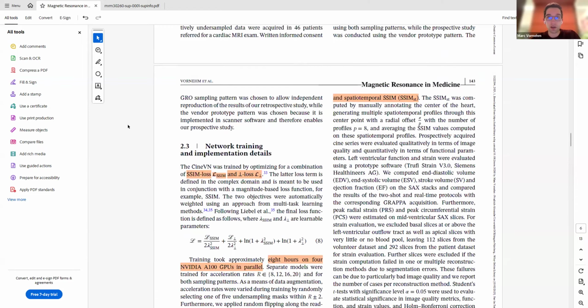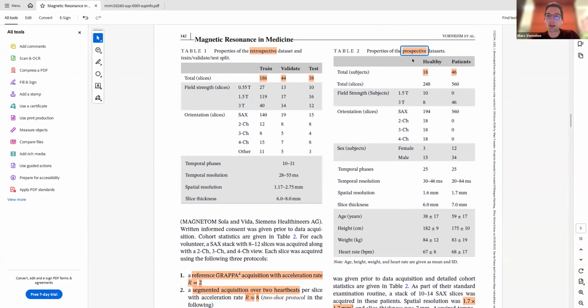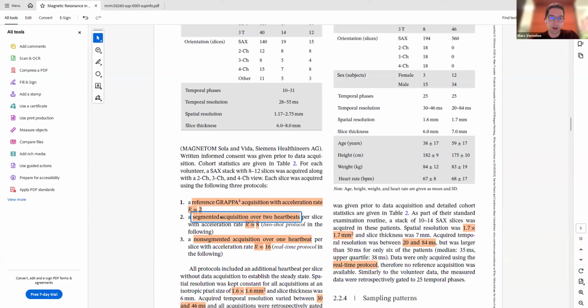So now more interesting, of course, is prospective data. We had 2 different prospective data sets. One is on healthy volunteers and one is on patients. In the healthy volunteers, we acquired reference data using Grappa, and additionally accelerated data over 2 heartbeats and accelerated data over 1 heartbeat.